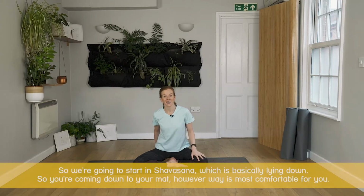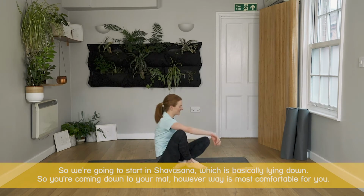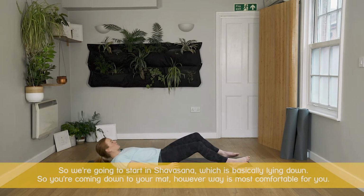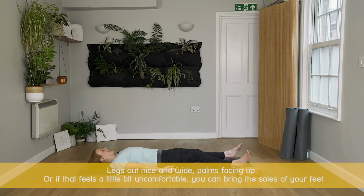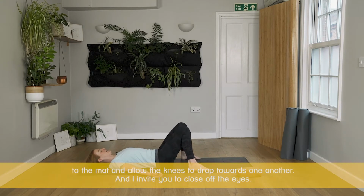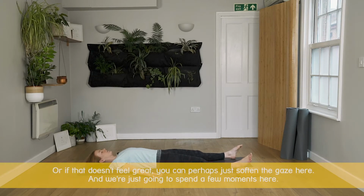So we're going to start in Shavasana, which is basically lying down. Okay, so you're coming down to your mat, however way is most comfortable for you. Legs out nice and wide, palms facing up, or if that feels a little bit uncomfortable, you can bring the soles of your feet to the mat and allow the knees to drop towards one another. And I invite you to close off the eyes, or if that doesn't feel great, you can perhaps just soften the gaze here. And we're just going to spend a few moments here,